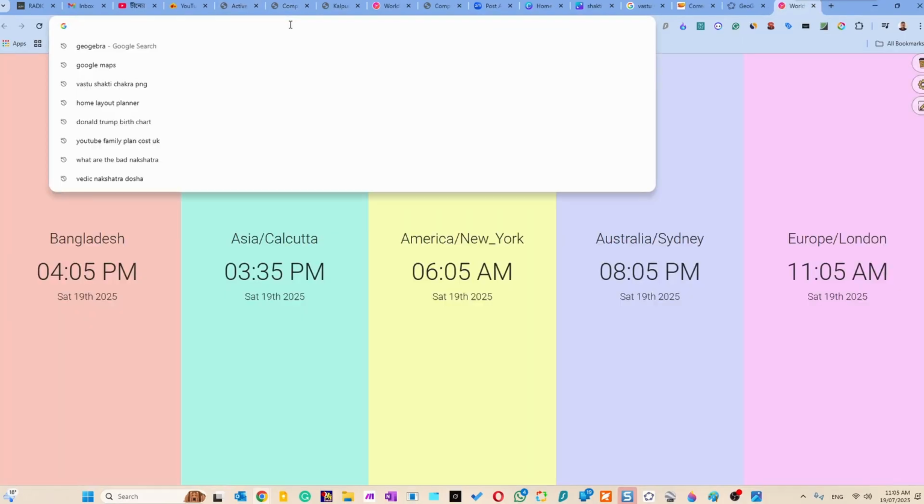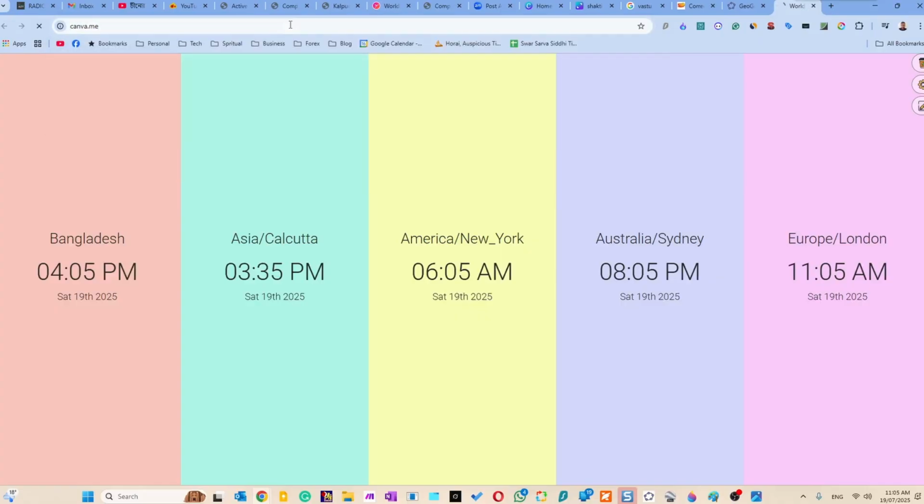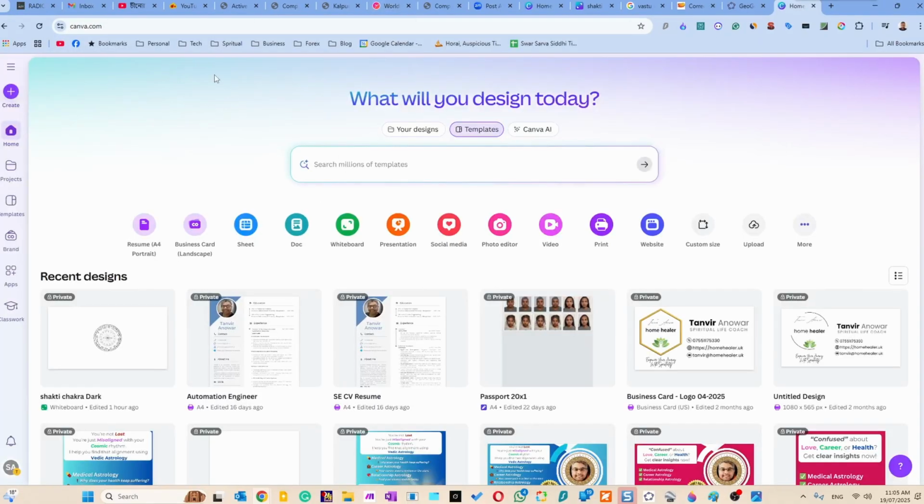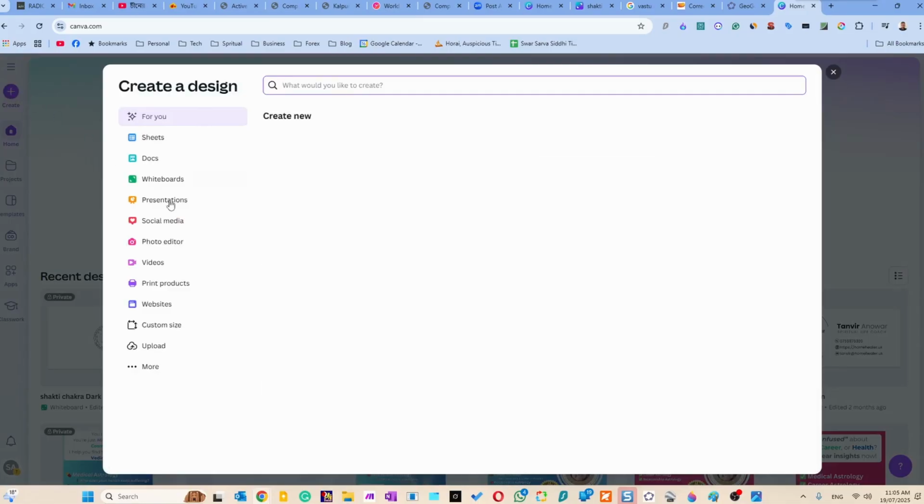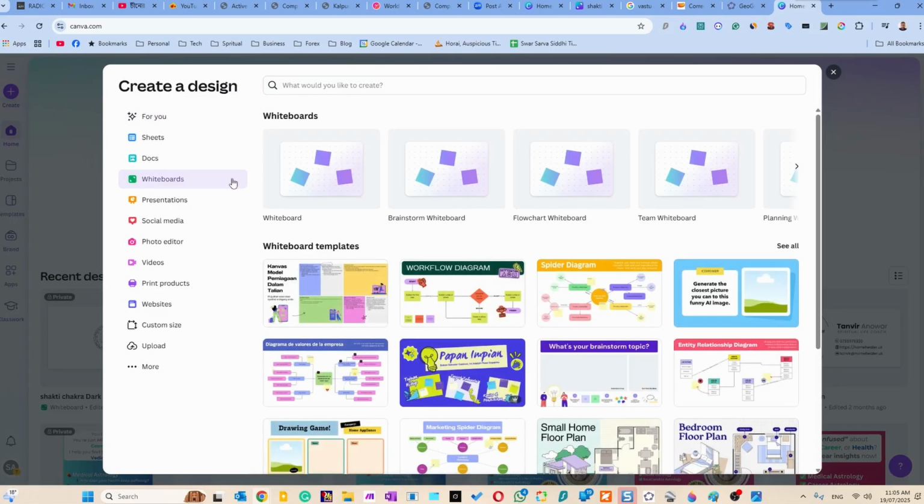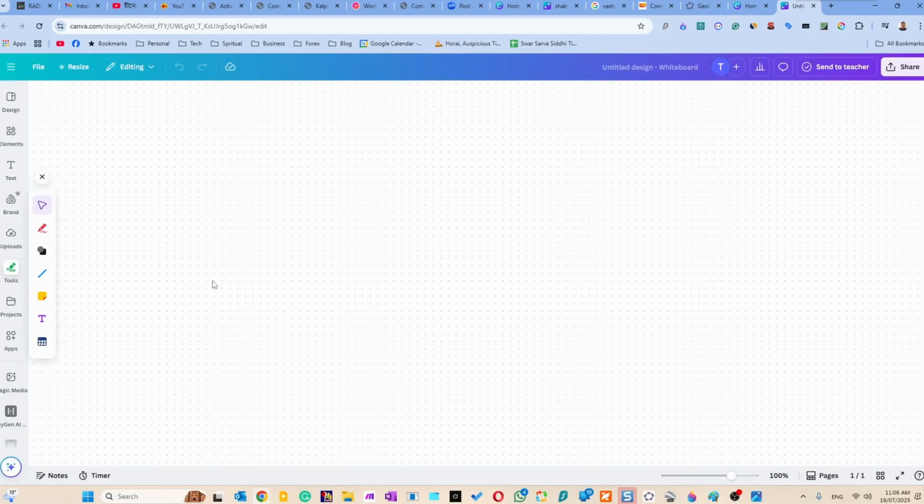So it's also a free web app. So let's create a design. So I want a whiteboard. So it's a plain whiteboard. Now our main task is to bring